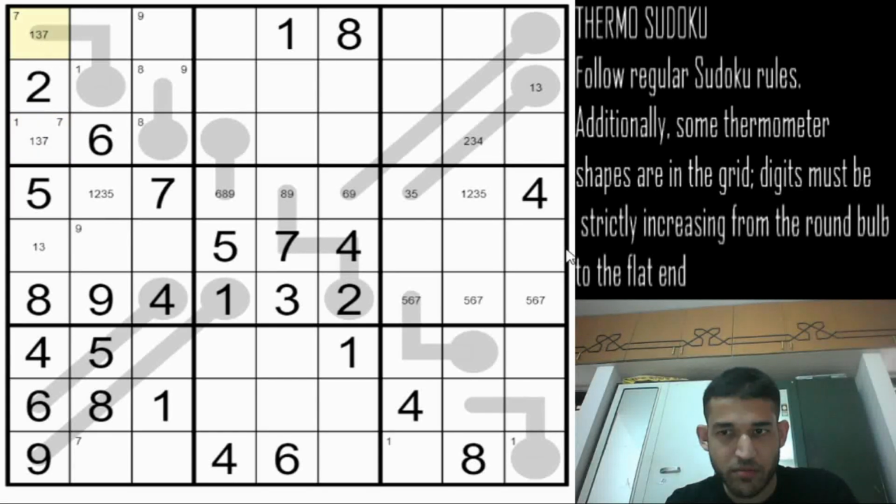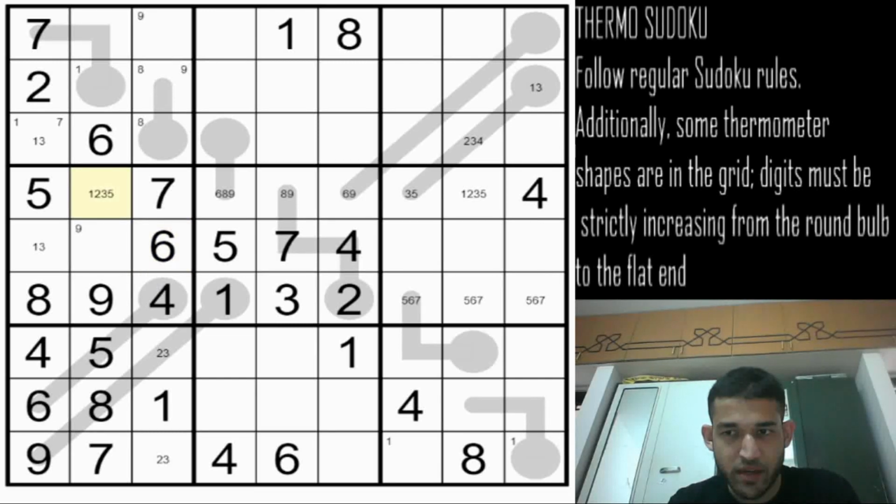1 is obviously not possible, and 3 is also not possible because that will force a 2 and 1 to be here. 2 is already in that cell, so this cell has to be 7. This cell will be a 1 or a 3. Now 7 in box 7 can only be in this cell because 7 is in column 3 already, and these 2 cells are 2, 3 in some order. And in box 4, 1, 2, 3, 4 and 7 are already in column 3, and 5, 8 and 9 are in box 4, so this can only be a 6.